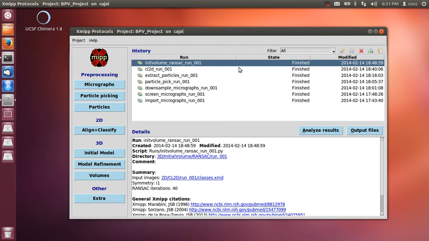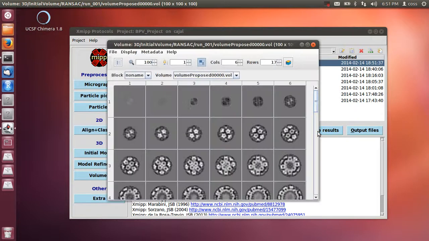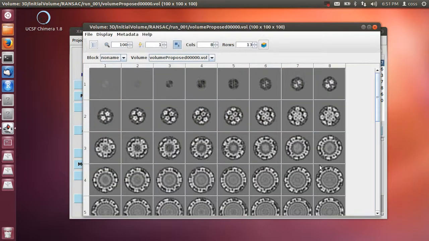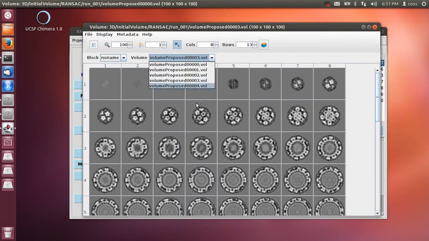So now we have our volumes. So we go to the list of volumes, and these are the different volumes that have been constructed. If we go through all of them, we see that most of them are the same. They are just simple rotations of one and another. So let's take any one of them. Let's say the first one, and